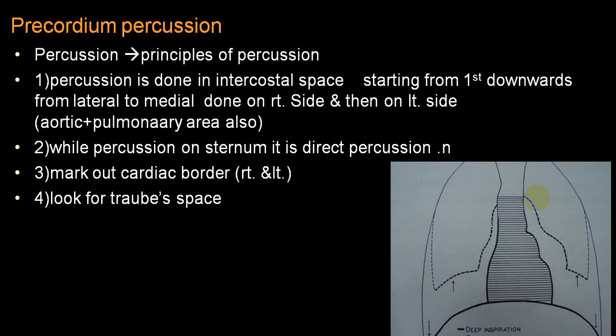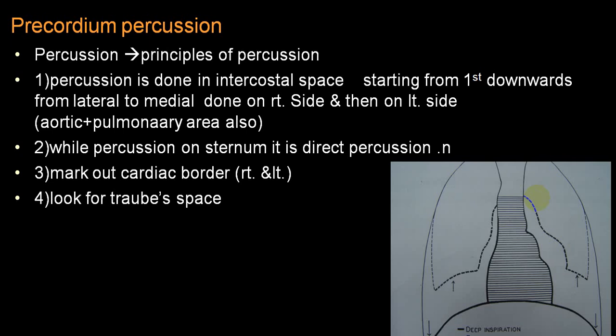not palpable, and if the type of dullness is more in favor of stony dull, it is because of massive pericardial effusion. So in a massive pericardial effusion, we combine together: there will be increased area of dullness in the aortic area and increased area of dullness in the pulmonary area, that is the right second intercostal space and left second intercostal space respectively. There will be marked increase in area of dullness on the right side, as well as marked increase in area of dullness on the left side, and the shape of this